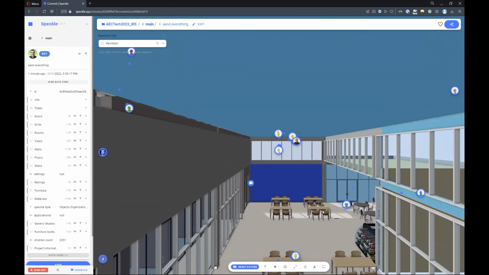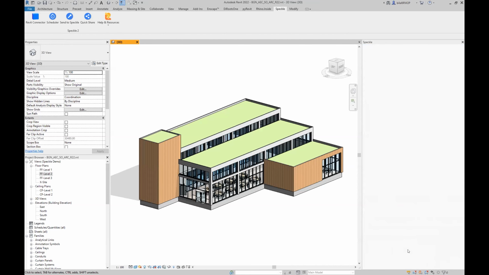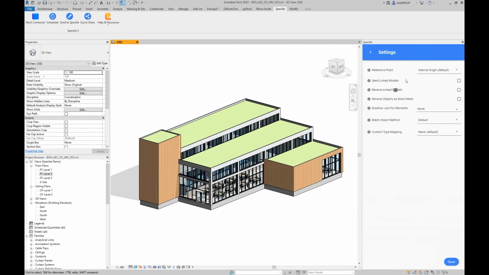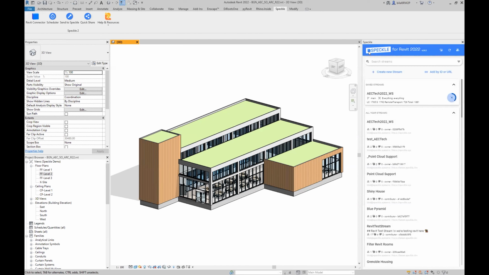So let's go back to Revit now. I'm going to come back to Revit. And under advanced settings, we have an option called Send Linked Models. So if I enable that, click on Save, and let's add description, added structural model, and click on Send now. Now what Speckle is going to do is it's going to also include the linked models, in this case, this linked structural model, and we will be able to see and receive the linked geometry in any other platform as well. So now it's converting the structural elements too,